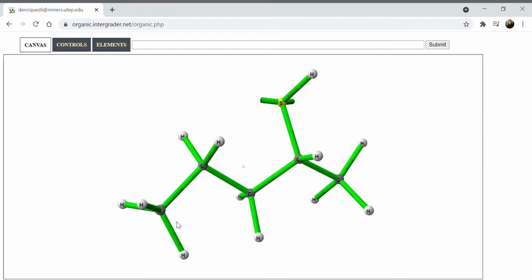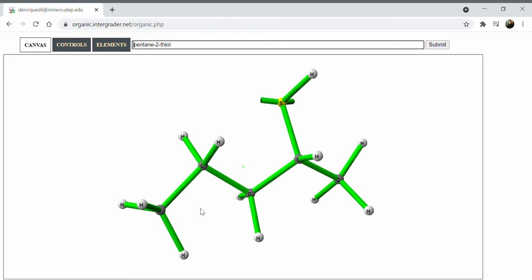Okay, longest carbon chain, 1, 2, 3, 4, 5. I have pentane, and then I have a thiol at the 2 position. And lastly, I'm going to check for a chiral center. I'm going to look where that sulfur is attached, and I see this is my chiral center because there's a